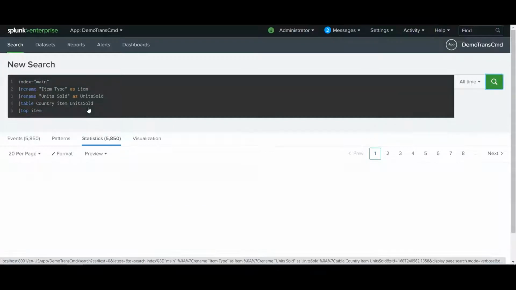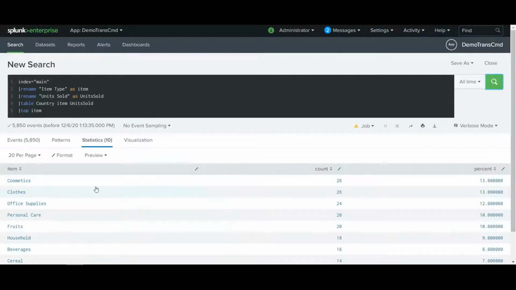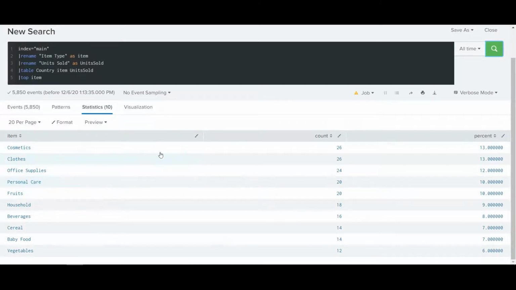So as I said earlier, this is very similar to the rare command, except the difference is that the rare command will return the least common values of the specified field, whereas the top command will return the most common values of the specified field. So here we can see that there are 10 items by default as a result of the top command. And if, just for our understanding, we convert this into rare, it will also return the same kind of result, except it will give the least common values. And you will see that the top command has also created two new fields, count and percent, the same as we saw in the rare command.